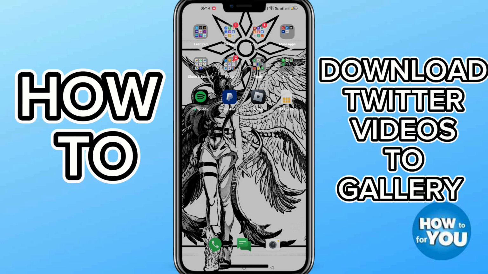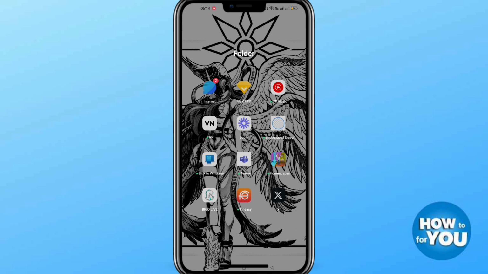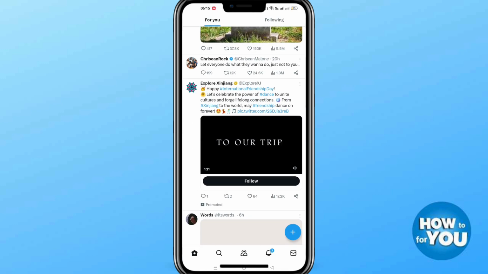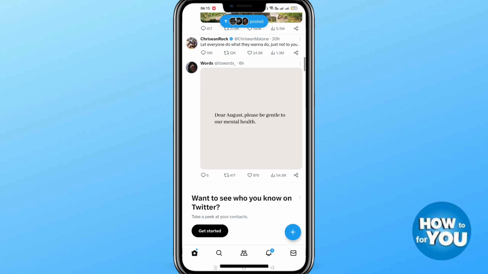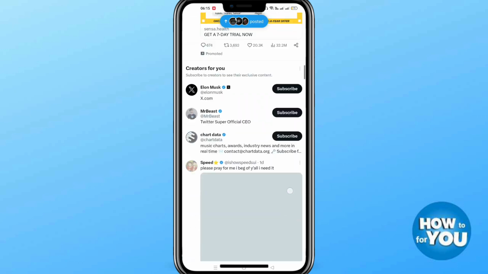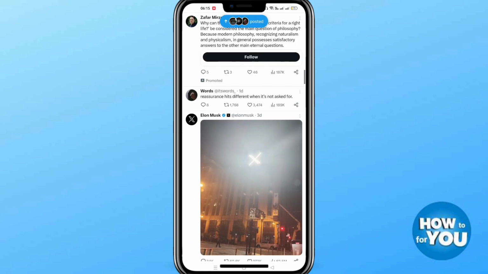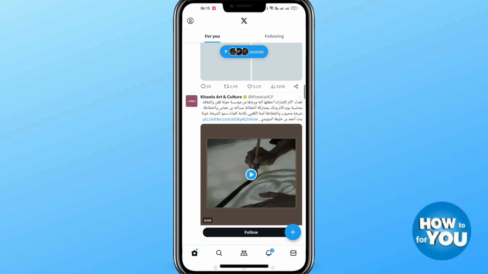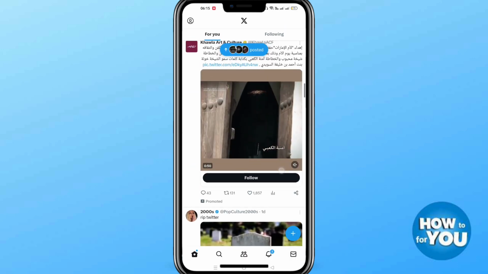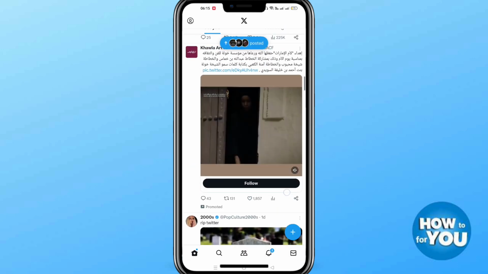So let's get started. First, open the Twitter application, and by the way, just want to let you know that the Twitter icon was already changed to X. After that, select a video that you want to be downloaded to your gallery. So just a moment, like this one. So once you already selected a video,